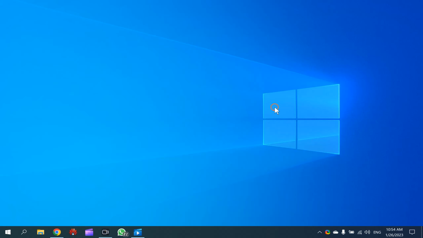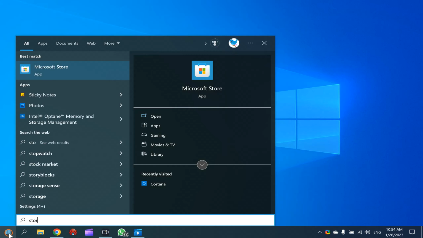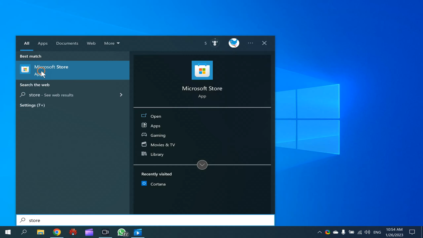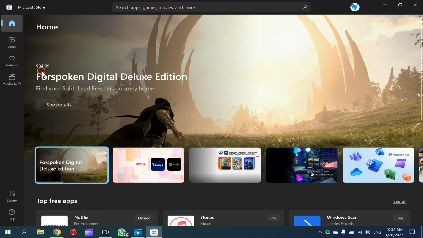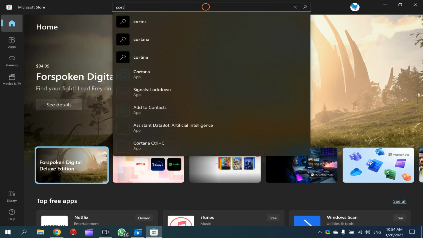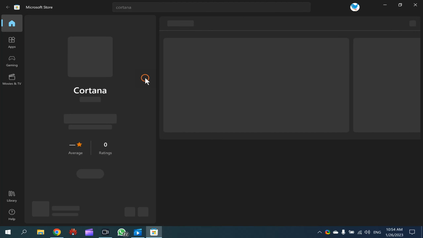And if you want to install Cortana on your Windows 10 machine, then click on the start button and search for the store app. Then click on the Microsoft Store entry to open the Microsoft Store application on your Windows 10 machine. In the search, type Cortana and click on the Cortana app entry.